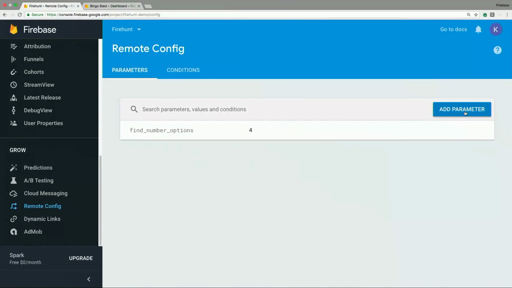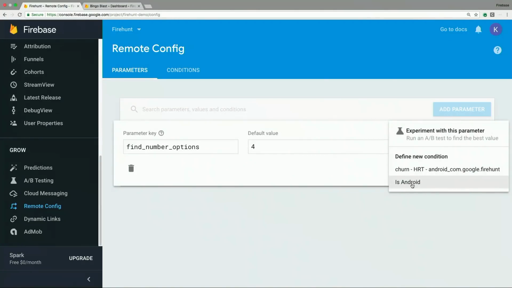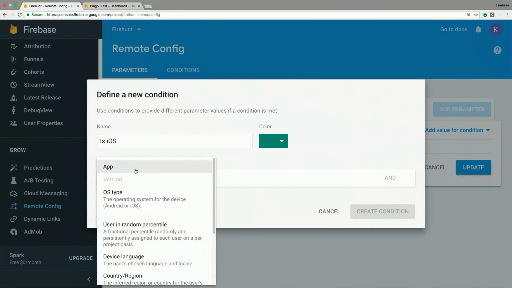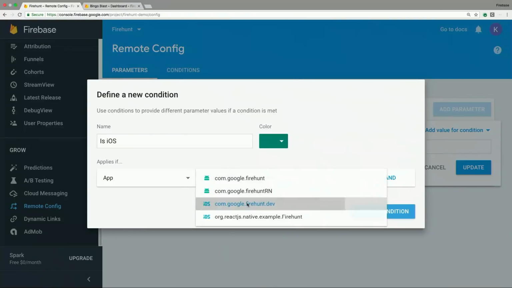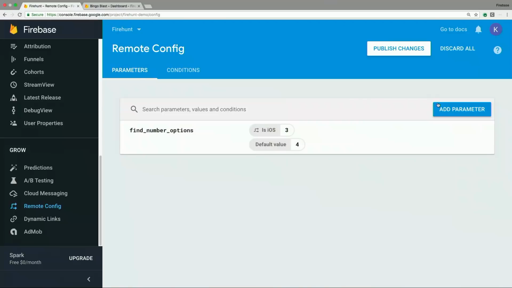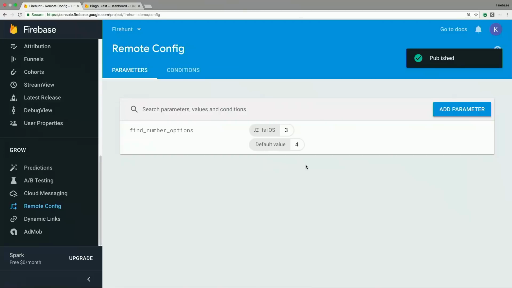So the cool thing is we can actually add parameters specifically for certain versions of our user base and of our app. So if we define a new condition, say, is iOS, then we apply if they're using our iOS app. And we create the condition. Then we can add a specific variable just for those iOS users, say only 3, because our iOS users are going to have a little bit harder time finding those items. And then we publish the changes. And then if we go back to our app,